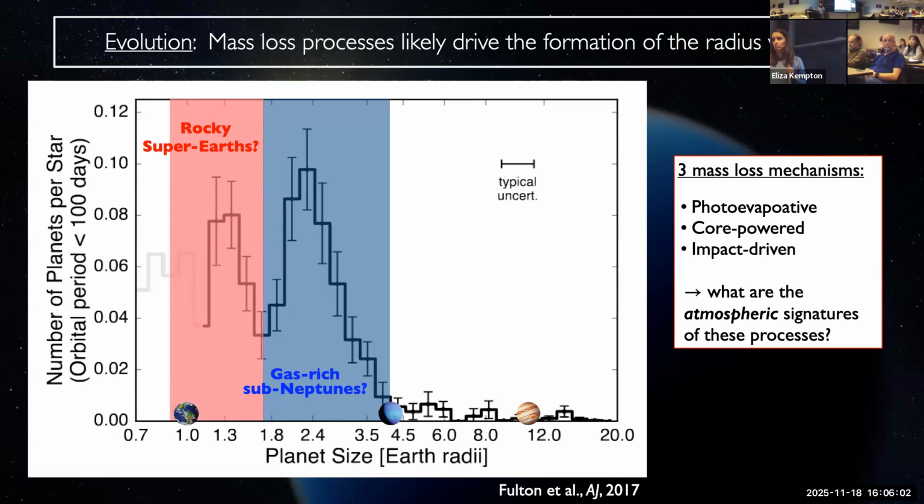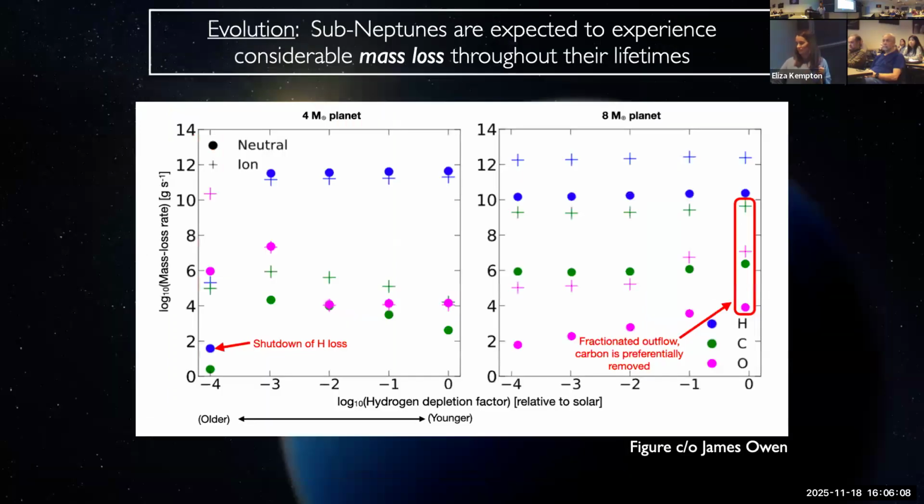Those predictions mostly don't exist in the literature yet. So one thing that I've been trying to do is motivate people to give us some predictions. This is some early work by James Owen that he's shared with me. It's a very theorist plot, but